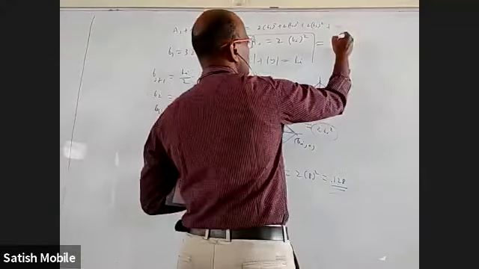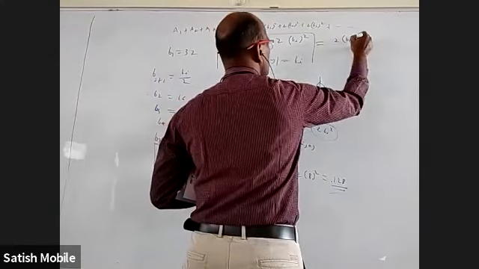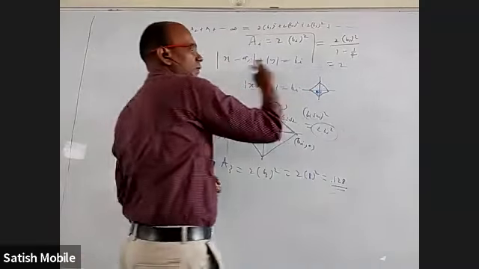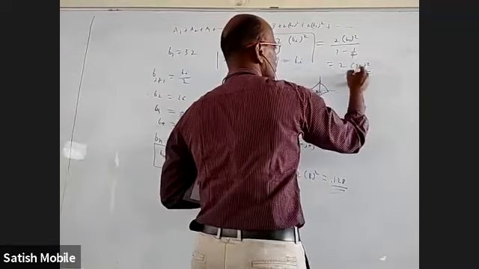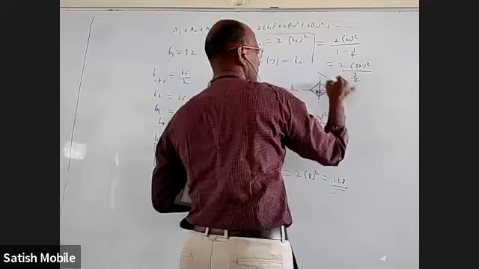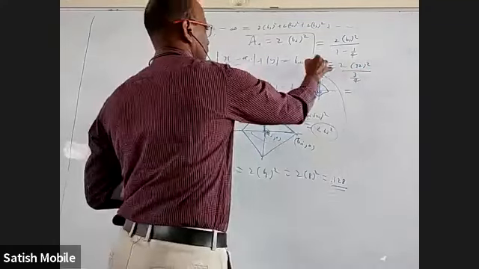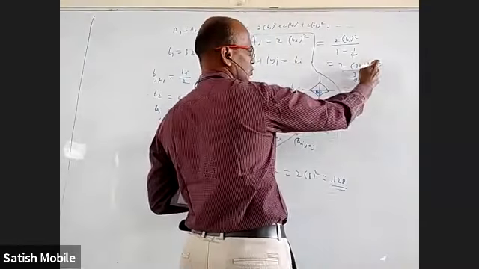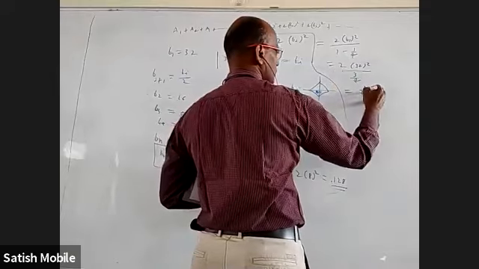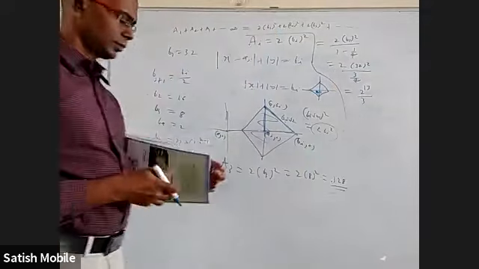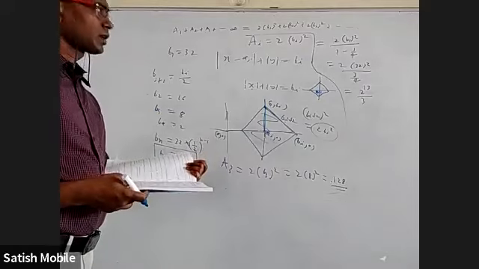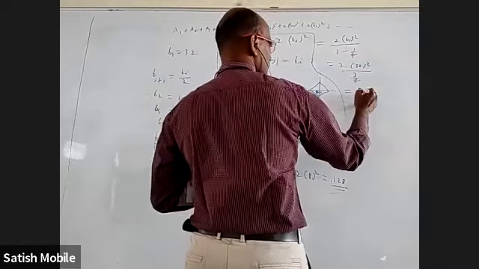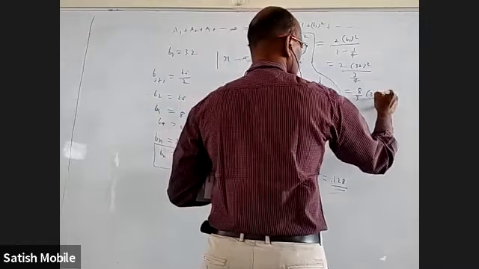If I use the a by 1 minus r formula, 2 into b1 square by 1 minus 1 by 4. And b1 is 32. So 2 into 32 whole square by 3 by 4. So again, this is 2 power 10, this goes up to 2 power 13 by 3. Or they left it like that. They left it as 8 by 3 into 32. So you don't have to simplify. Just take it as 8 by 3 into 32.